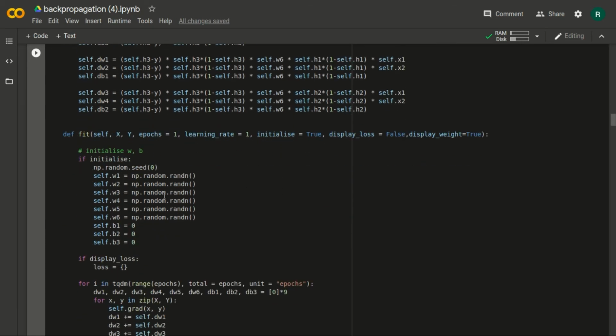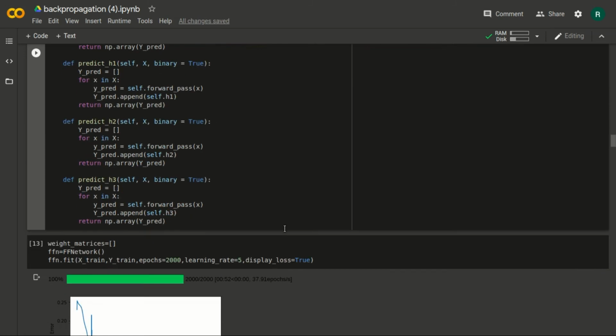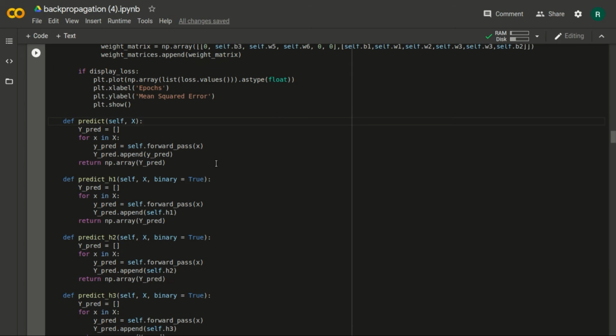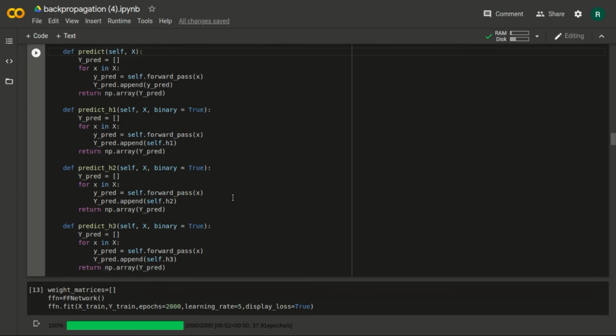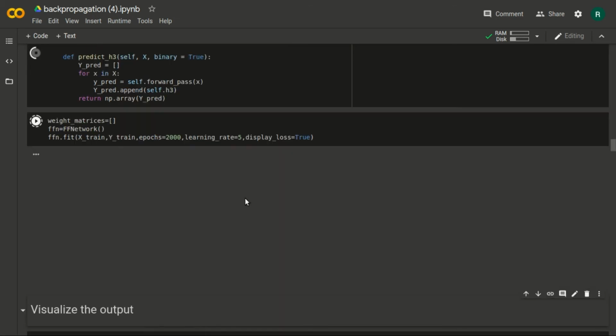Everything else is the same here, nothing is changed except for the prediction value. We have here h1 prediction, h2 prediction and h3 prediction, as you can see. We have applied the forward pass and appended the y prediction as self.h1, self.h2 and self.h3. We will get to why we have done this in a minute.